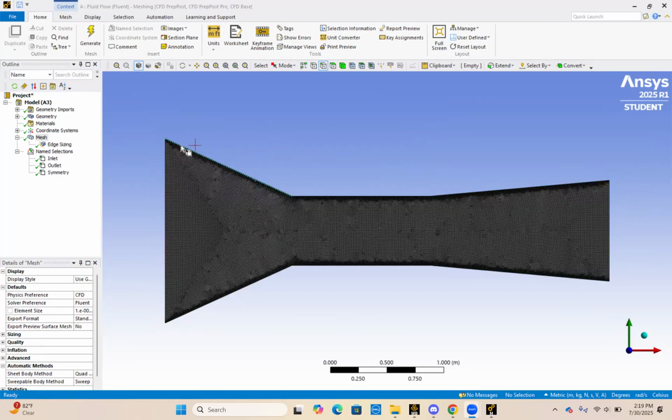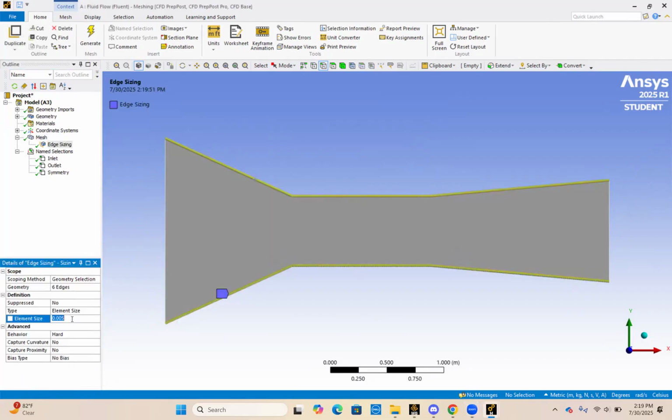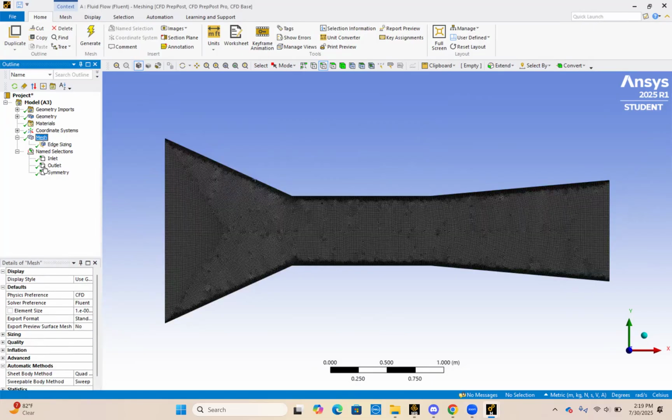Progress. All right, so it took too long, so I just ended up doing an edge sizing. I almost have a 0.005, so that's good. Right, and then for name selections, to name your selections,